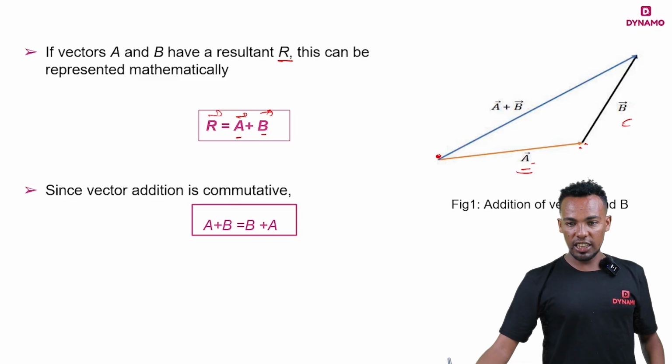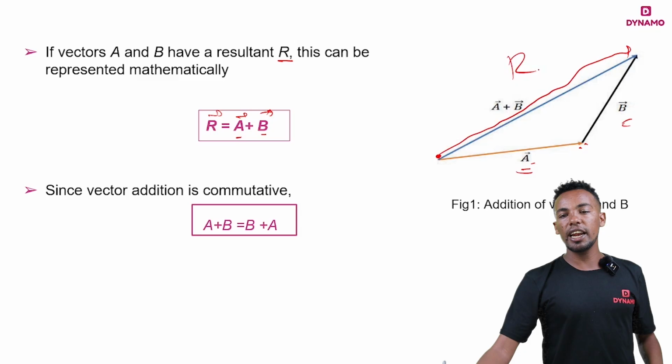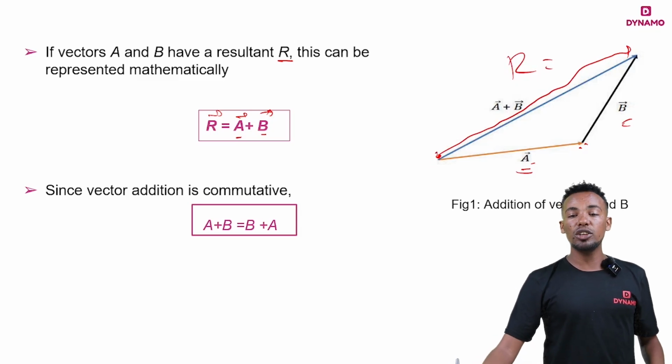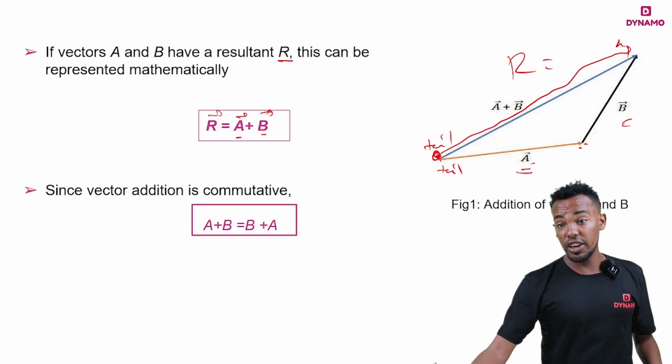this vector, starting from here, is called the resultant vector, or R. The tail of this resultant vector is connected to the tail of the first vector. And the head of this resultant vector is also